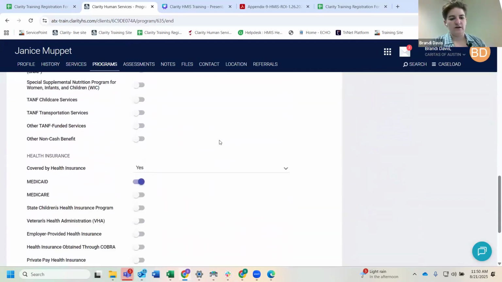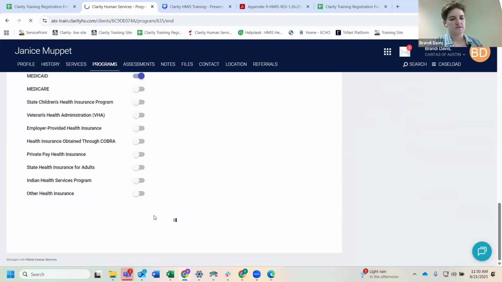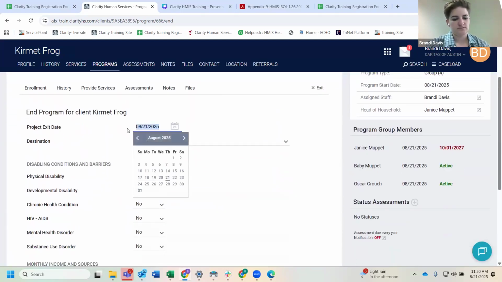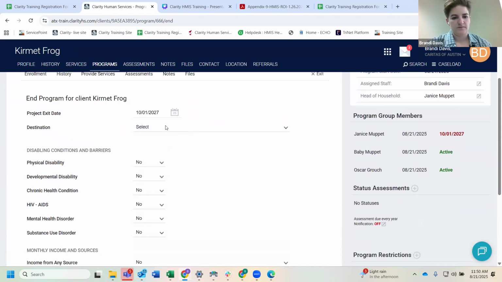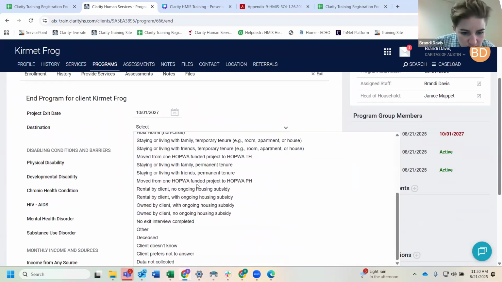I'll scroll down to the bottom and say everything is still the same. Then I'll click save and next, and we'll complete that for all of our other household members. So I'm just giving them all the same destination exit for all my household members.